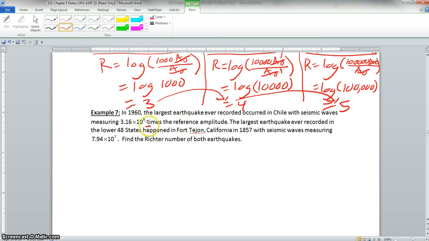Now we know that both of these are in reference to the reference amplitude, just like the 7.94 is also. So what we would do is we would say the Richter number of Chile is equal to log